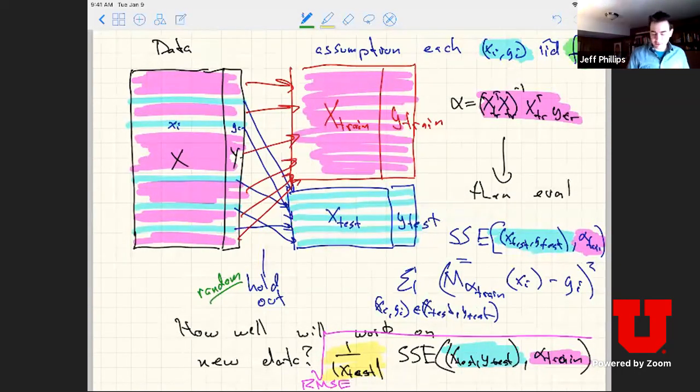The reason why is the data might effectively be IID from some distribution, but sometimes it's pre-processed before you get it. It may have been sorted. Maybe you take the data and you store it in a data structure or a database, and maybe it's sorted alphabetically by name or numerically by zip code, just the way it's stored. So when it's output to you, it's stored in some way. And then if you take just the bottom ones, that might not be an unbiased sample anymore. So I think it's generally good to try and take a random sample when you're holding out some data.